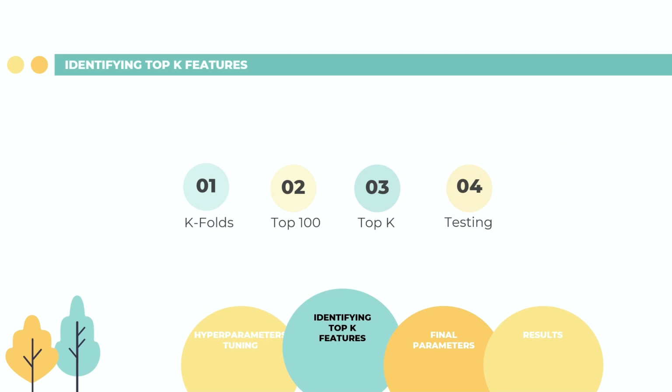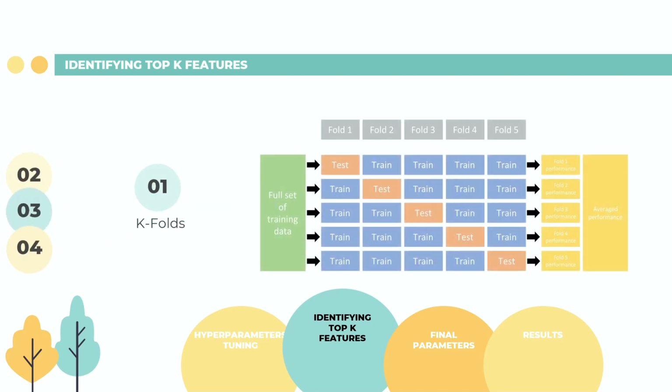In our presentation, we will only be showing results of LightGBM, but note that these tests were conducted for both models independently. Throughout most of our experiments, we will be using a 5-fold cross-validation. This helps to improve the model evaluation, as k-fold provides a more robust and reliable estimate of a model's performance. Furthermore, it ensures a fairer comparison when we are trying to identify which features to use, as models are tested over the same subsets of data.